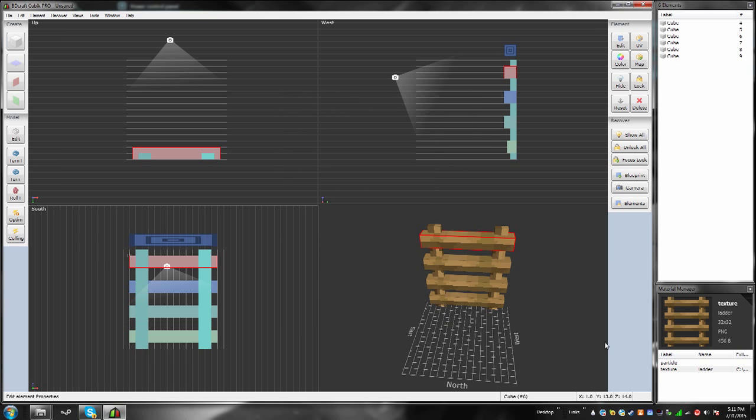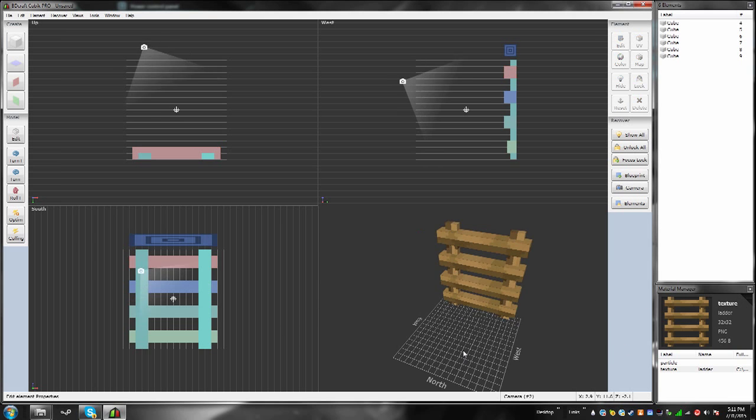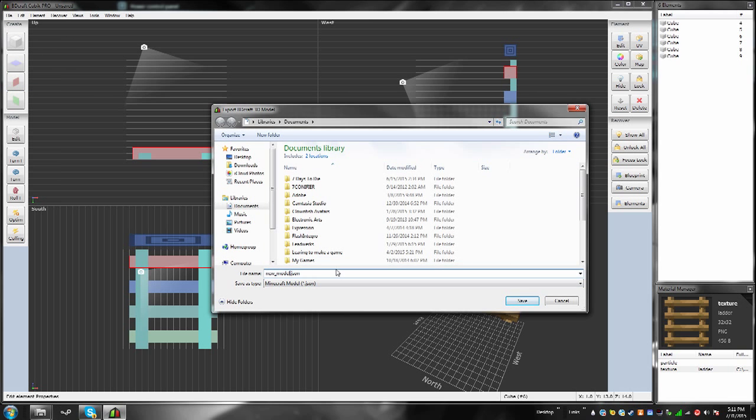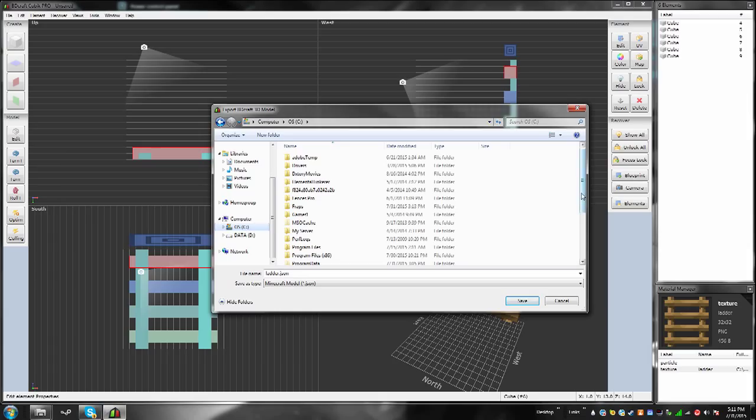Okay, so anyway, I hope that clarifies things, but you're just going to want to go to File, Export, and then you're going to name it whatever model you're making. So mine is ladder. And then I'm just going to save it to wherever you're going to put this